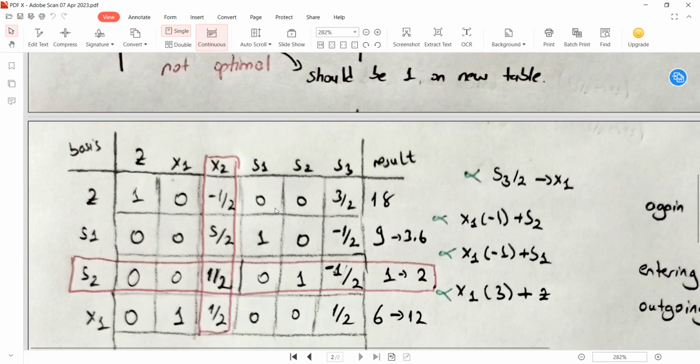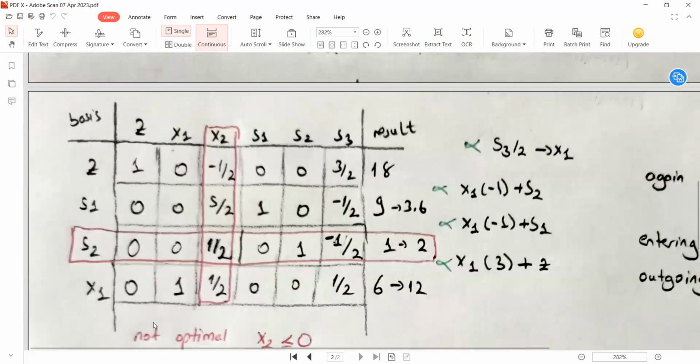After that, again we will check whether this table is optimal or not. As you can see, this is not optimal because the x2 value is smaller than 0. It is negative. So we will apply the same steps again. We will choose x2 as the entering variable,